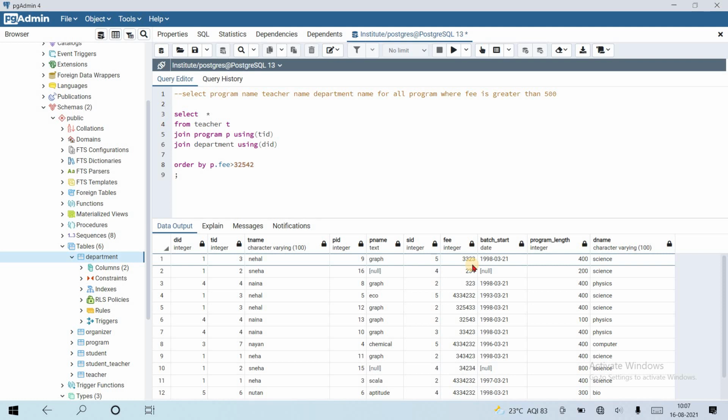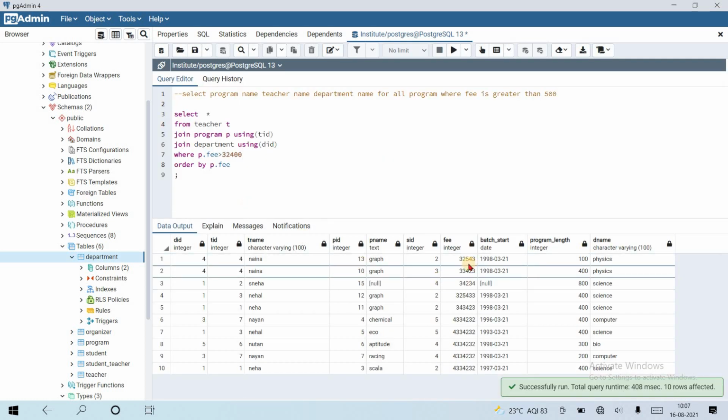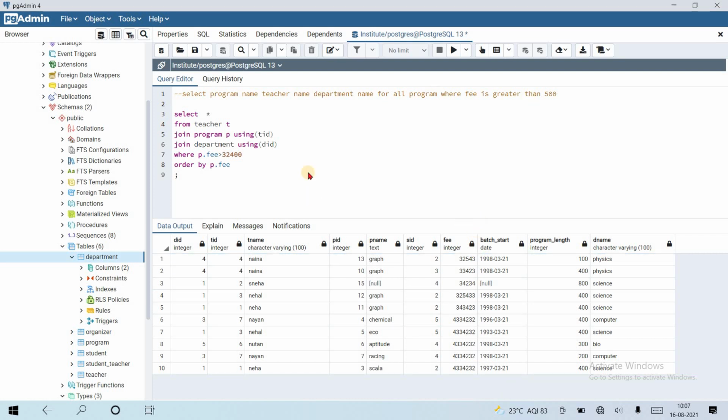Yes, wrong. I made a mistake. So in the where clause p dot p must be greater than 32,400, suppose. So let's fetch the data. So you can see that 32,543 is included and all greater values are included in this query.